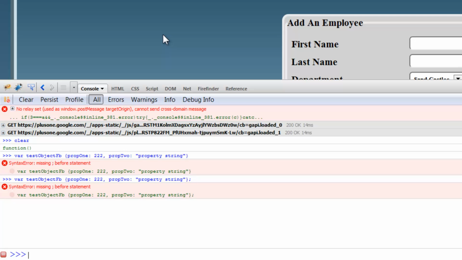Let me finish that with the thing, and if I go test object FB, it did